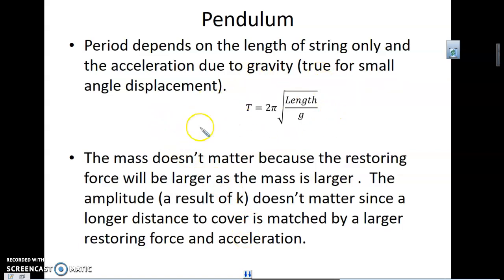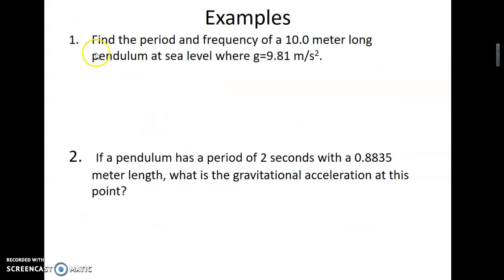So this is a really, I think, a straightforward formula for finding the period for a pendulum. And again, remember going from, say, a negative A, here's the equilibrium point, to a positive A, and then back to a negative A or something like that. All right, so we can do a couple of examples here. If we have this first one here,